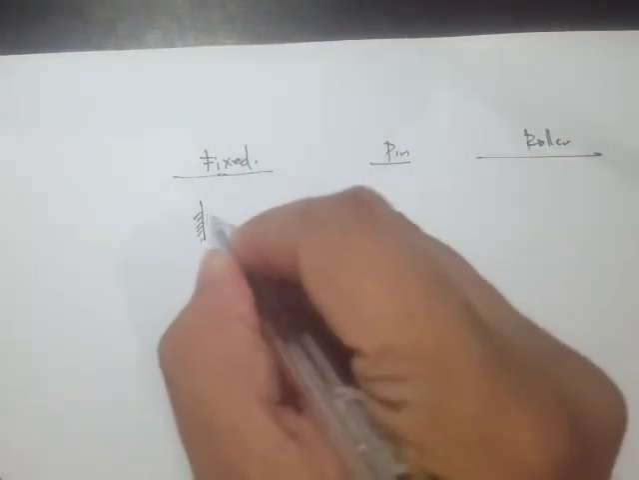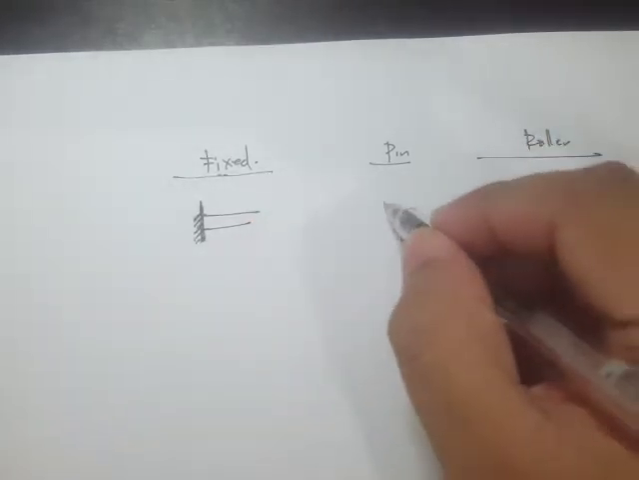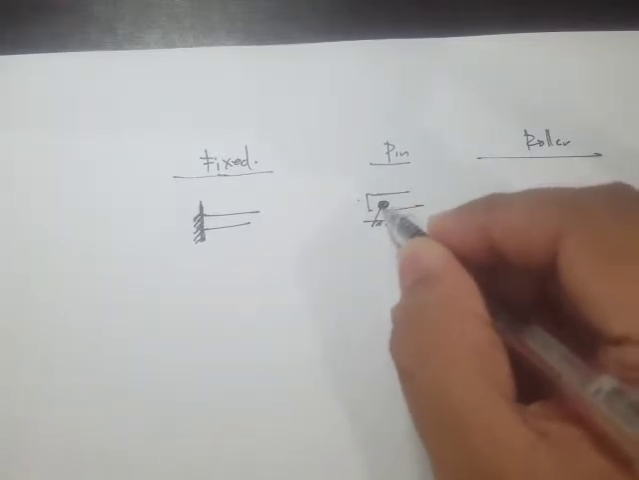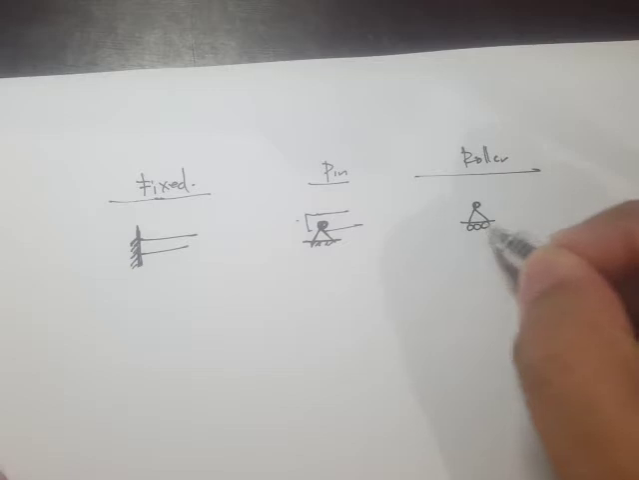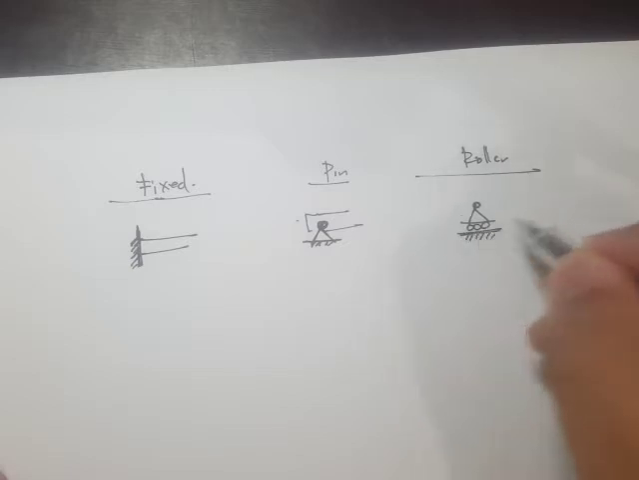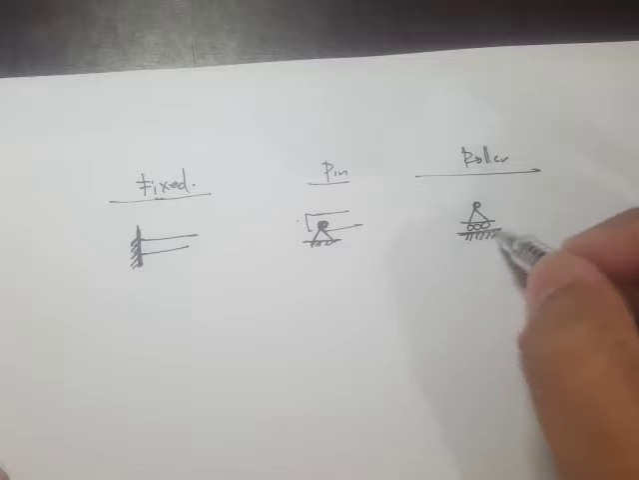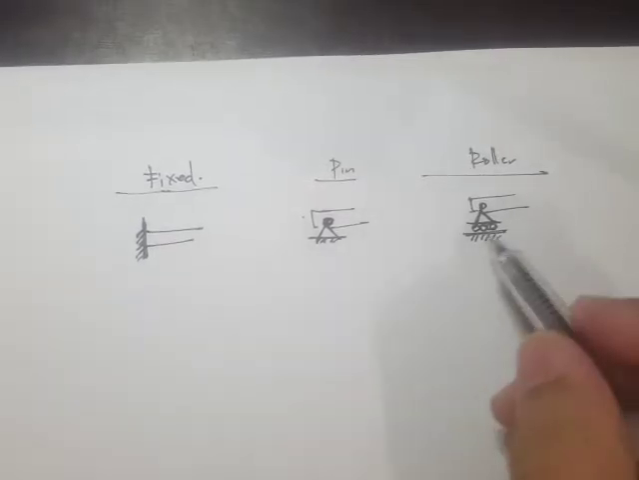But for now, let's draw the symbol for fix. So the symbol for fix is this kind of figure, and for pin, we have something like this, right? This is our member, and this is the support. And for roller, it's something like a pin, except that it has rollers. And for some texts, it uses a circle rather than this pin with rollers. Anyways, the main idea is all about the support reactions